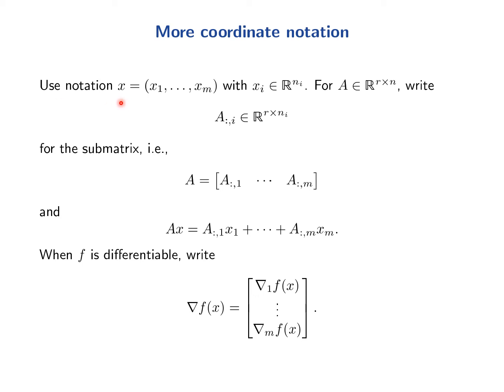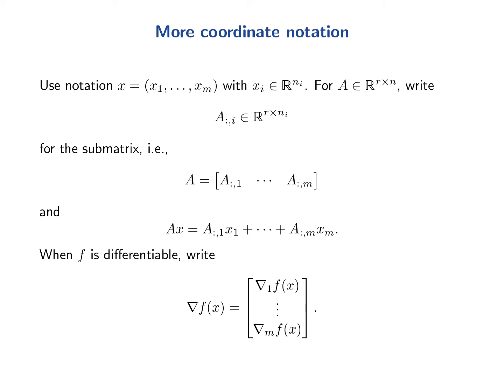So given an m-partition of the entries of x, we correspondingly partition the columns of the A matrix into this form, such that the ith column block has ni columns in it. Therefore, we can write A as the combination of the column blocks, and Ax as the sum of the ith block multiplied by the ith subvector of x. When f is differentiable, we partition the entries of the gradient of f accordingly, such that the ith subgradient